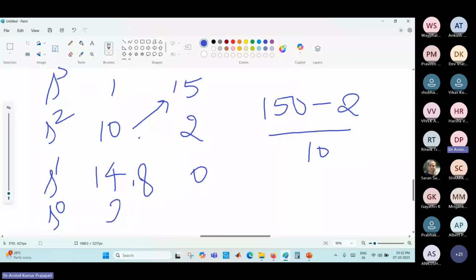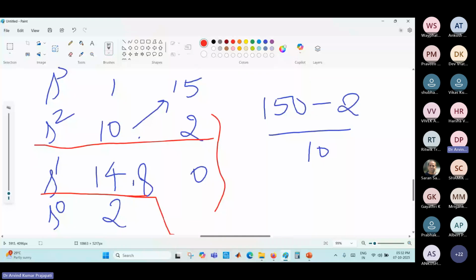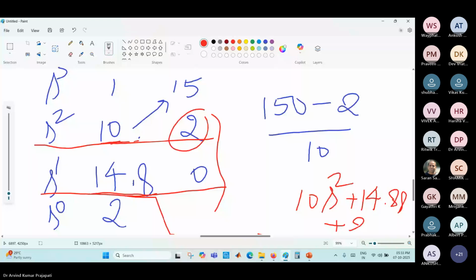Now I want to write the second order denominator polynomial from this. How can you write it? We take just these two rows and write the denominator polynomial. Looking at these two rows, the coefficient of s squared is 10, so 10 s square. Then the coefficient of s to the power 1 is 1.4, so 1.4 s. And then the coefficient of s naught is 2. So this is the denominator polynomial of the second order reduced model.